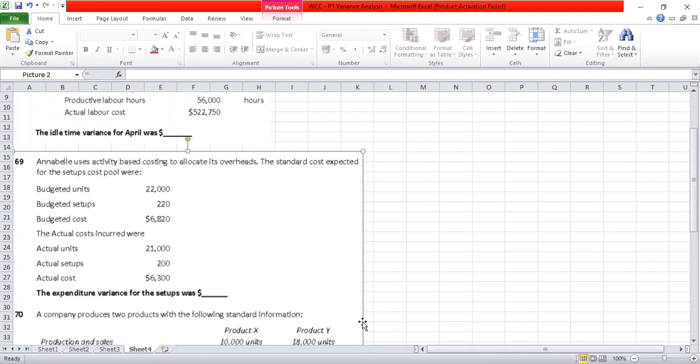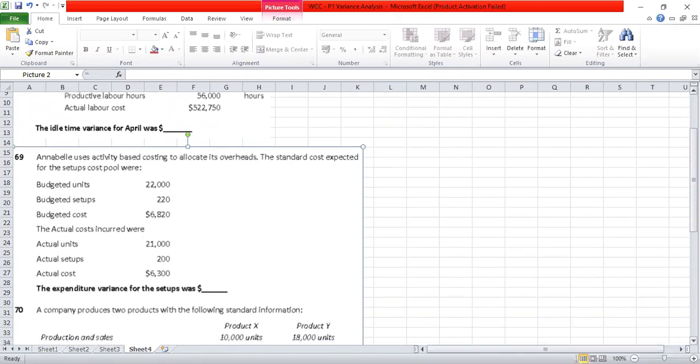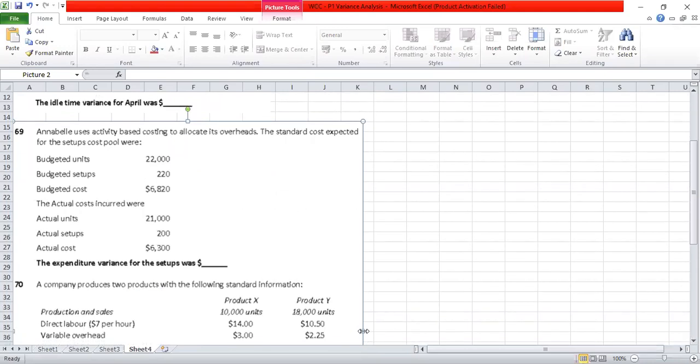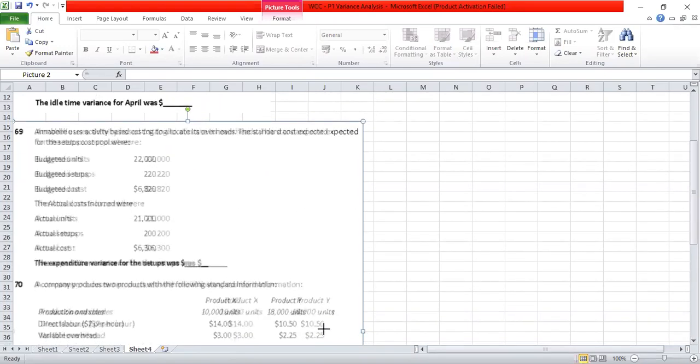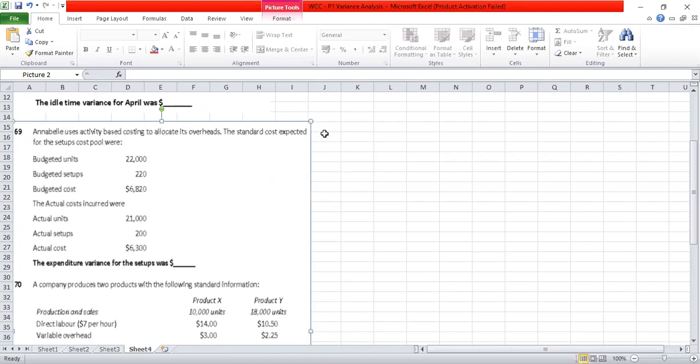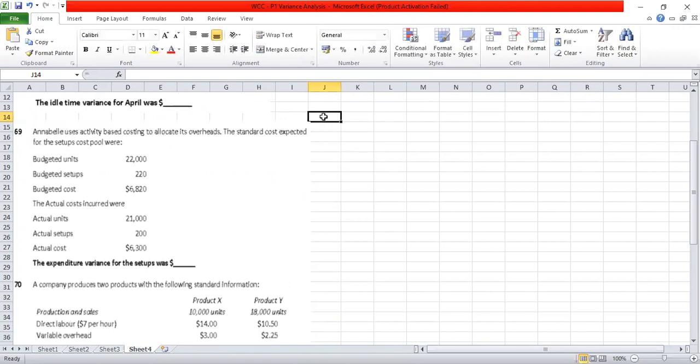Question number 69. Expenditure variance is equal to